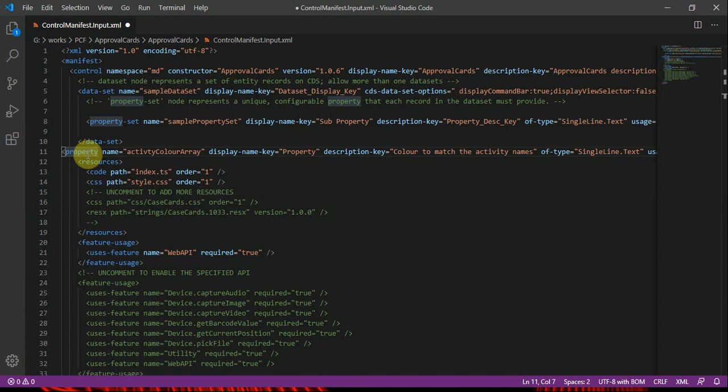inside the index file. So far we have covered how to create a control project and how to configure a manifest file. In the next episode we will be discussing the index file, which handles a major part, the code part. After that, what we are planning is to deploy a complete control and see how the life cycle of a PCF control is maintained. Hope this is clear.